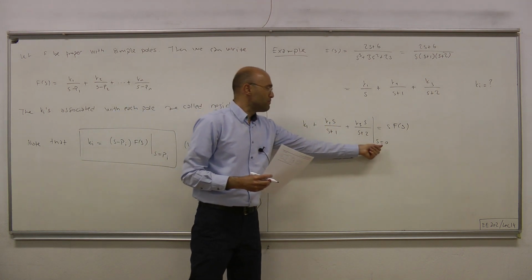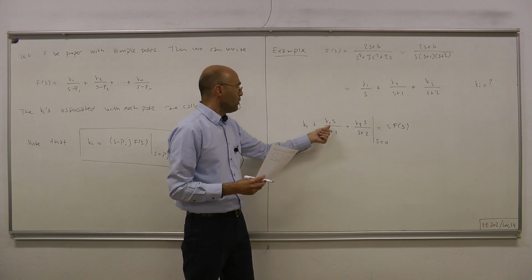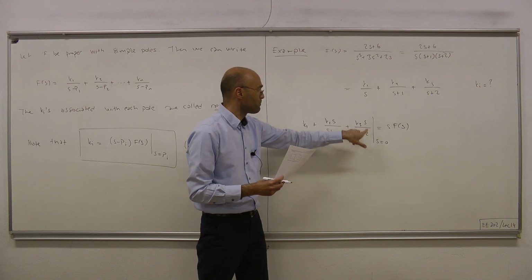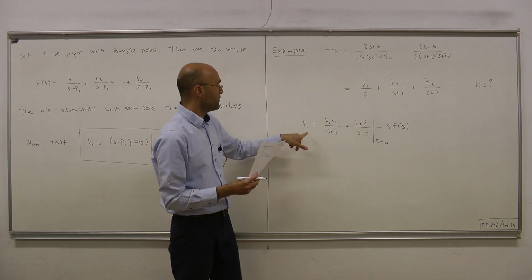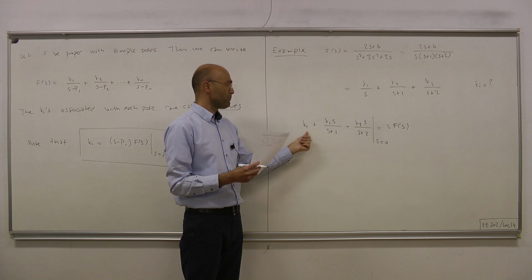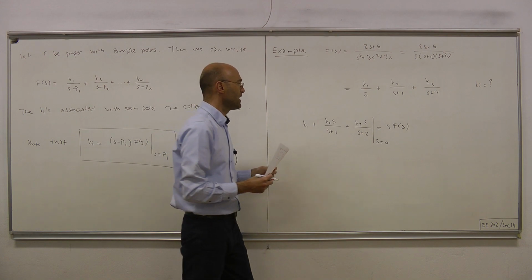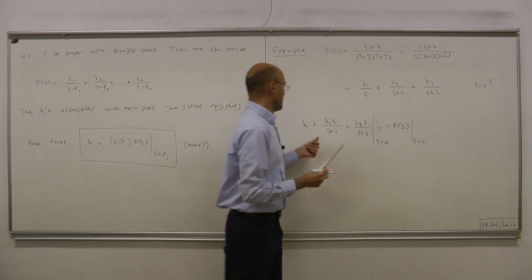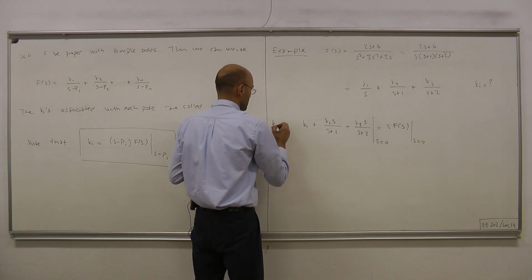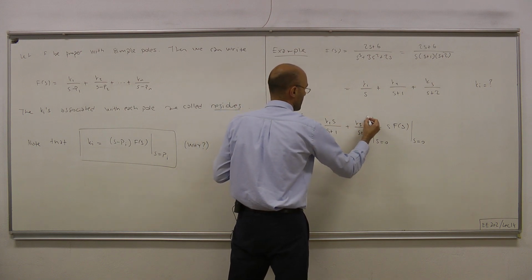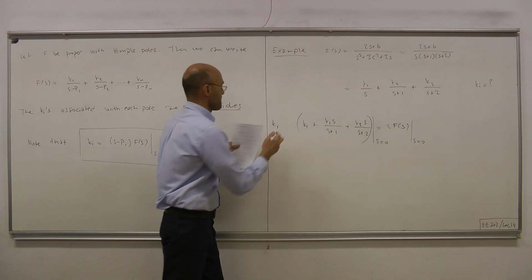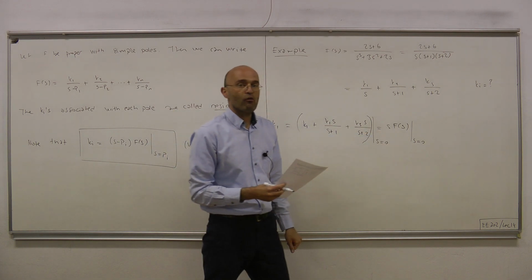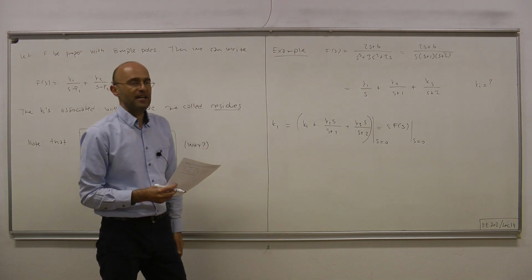And because we're evaluating at s equals 0, we don't have to know what k2 and k3 are, because they will be cancelled by this 0 here, and then this whole thing will become equal to k1. Now, since both sides are equal, k1